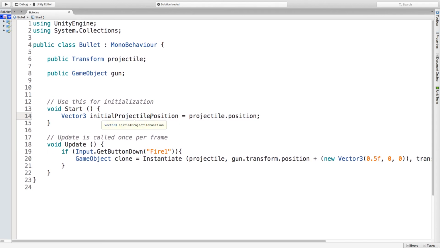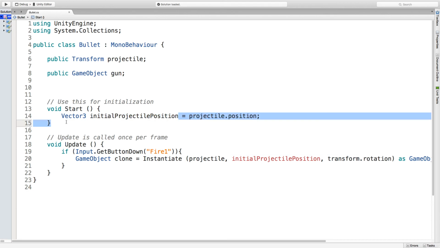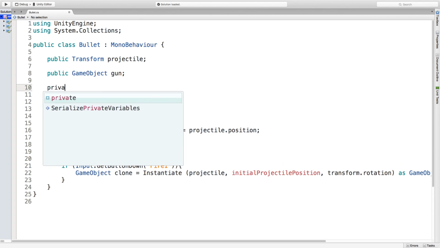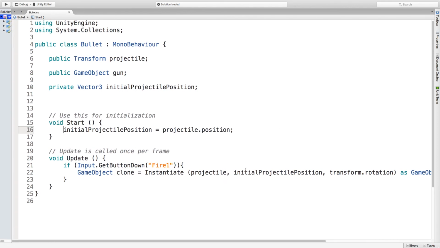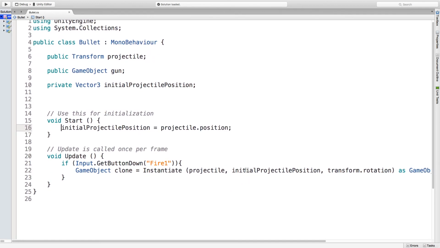And so when you first run the program, thank you for pointing that out, you'll note in this script the original position of the sphere that we added, which is where the bullets should come out from. So instead of instantiating it where the gun is, which is what you can do with an offset, we can simply add initial projectile position. You should declare this here. There. Should work now. So save it,